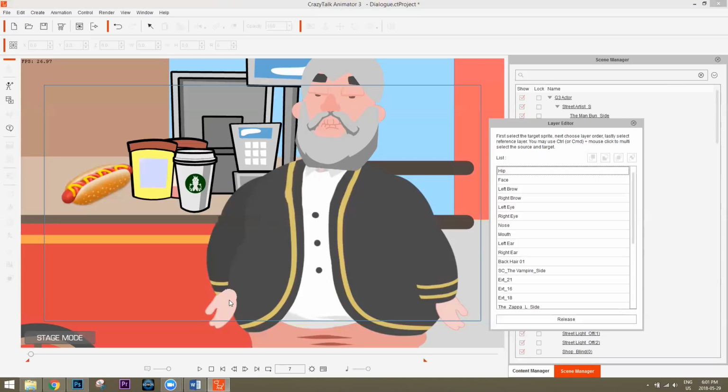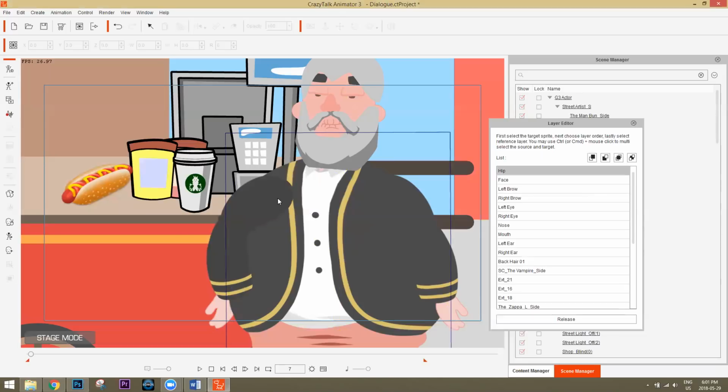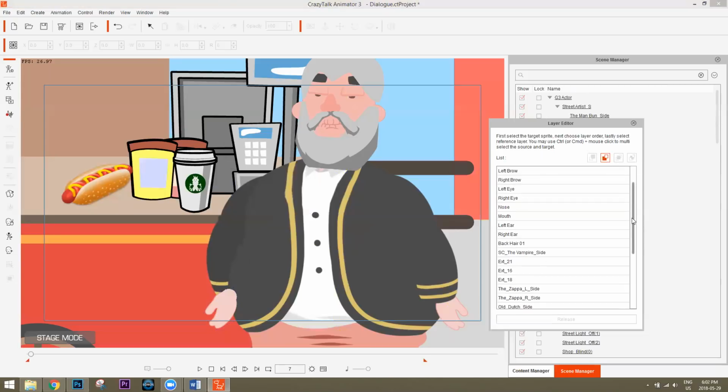But then you have to do the same thing for the hand as well. With the hand sprite, you'll have to move that to the bottom, and then that moves the arm to the top. It's kind of annoying, but what you'll have to do is take that hand and send it to the back of the torso. Should be here somewhere. Yeah, I think that should work. Okay, there you go. That's what you'd want to do. You have to use the layer editor in this particular case.